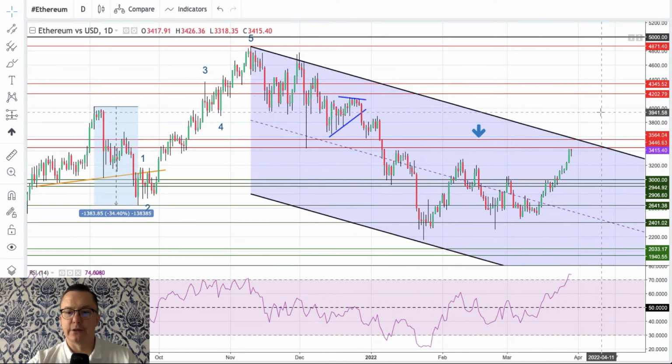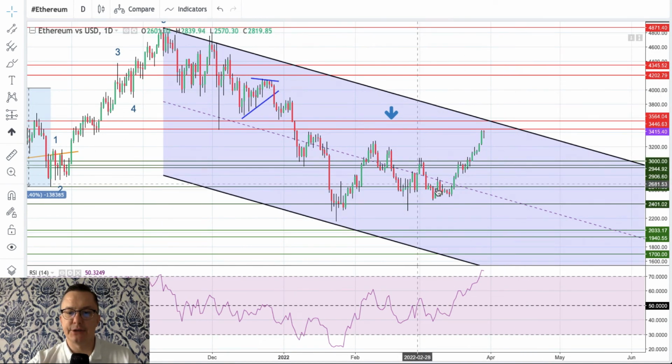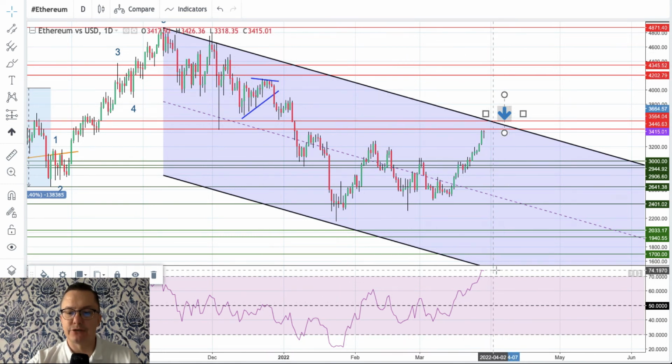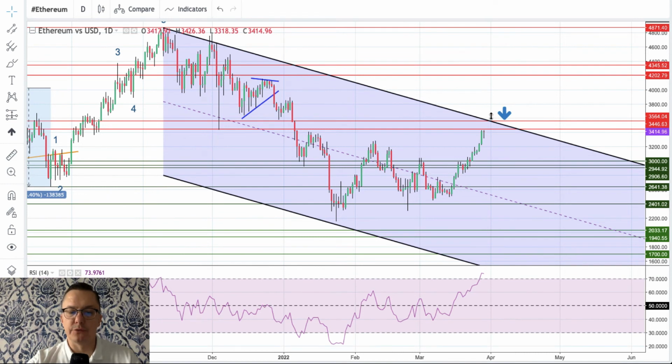We got this zone of the channel here, and as you can see, we are just approaching the upper channel line and the very important technical resistance, 3,446, 3,564. This is a supply zone, and please keep an eye on the reaction of this supply zone and upper trend line. We are extremely stretched. We are stretched towards 74 points on the RSI, which means this market is overbought to the extreme conditions. So we might see some sort of bearish reaction here between those two technical resistance levels,